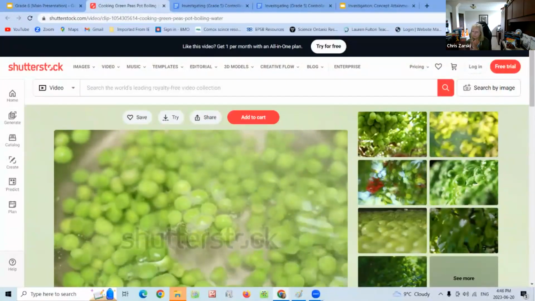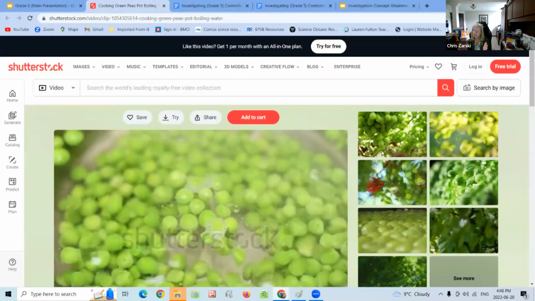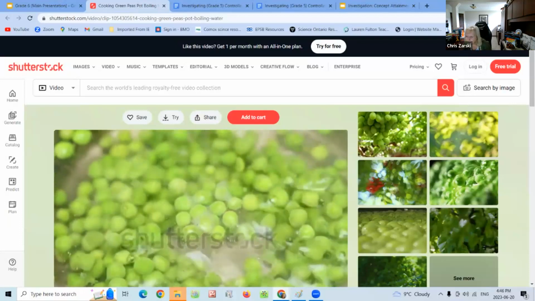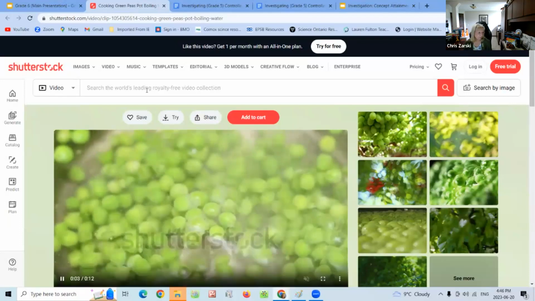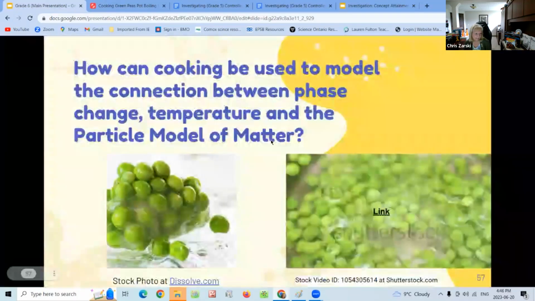So that they get a visual of what does it mean when you add more heat? Well, it starts to move away from being tightly frozen together to have more space to be, and if I keep boiling and boiling and boiling, eventually I see the water disappear, right? So that was the only point behind this. I look for real things when I can find them. If we can find it, great. If we can't, well, we do the best we can.